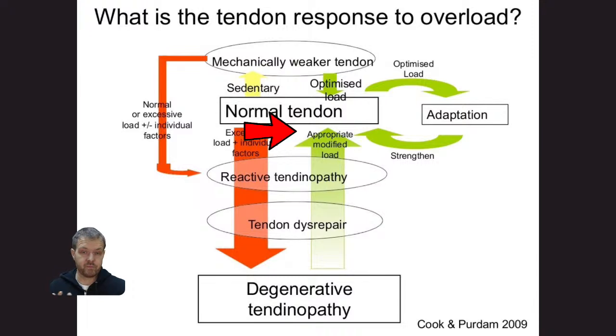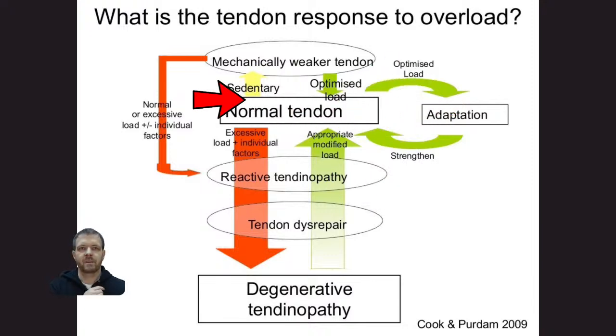And I'm quite open and honest with people about that. I say, look, this is what we need to do, and I'm going to give you these exercises, but I don't know whether it's going to cause a flare up for you. It may do, okay? And if it does, we just need to adapt it. So just to let you know, this might happen, because we haven't got a clue what normal is and what optimal is. So we have to err on the side of caution, but then gradually introduce stuff,